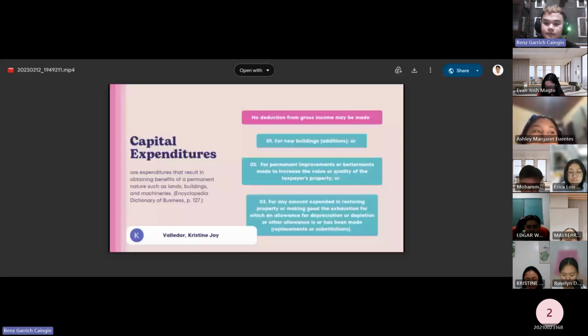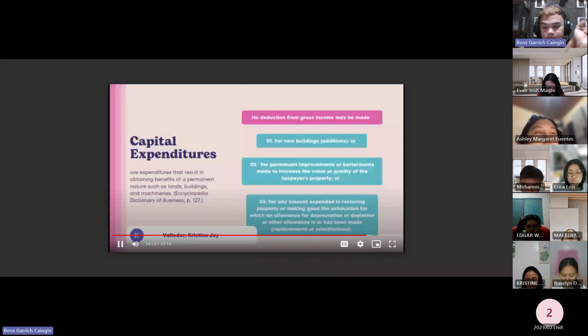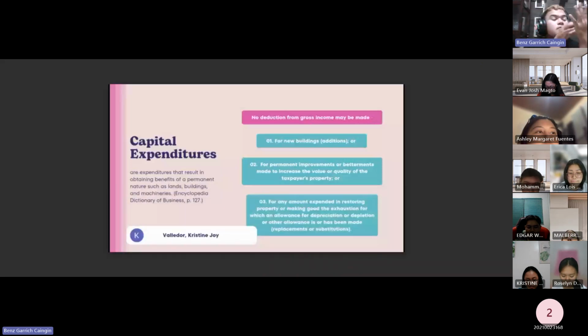Fourth, expenses of the administration of an estate, such as court costs, attorney's fees, and executor's commission, which are chargeable against the corpus of the estate. Fifth, in the case of a corporation, expenses for organization, such as corporation fees, attorney's fees, and accountant's charges, which are ordinarily capital expenditures. Sixth, we have commissions paid in acquiring property, as they represent part of the cost of the property acquired,